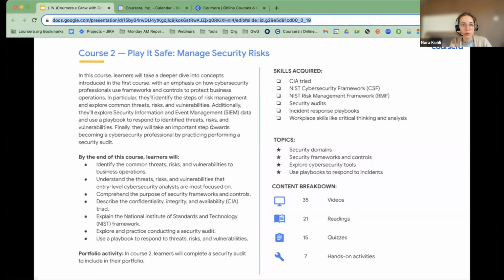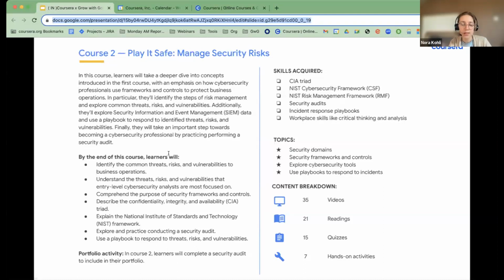Let's go and have a look at course 2, where you will gain an understanding of the CISSP security domains. Then you'll also learn about primary threats, risks, and vulnerabilities to business operations. In addition, you'll explore the National Institute of Standards and Technology (NIST) Risk Management Framework and the steps of risk management. The objectives of course 2 are for you to be able to recognize and explain the focus of the